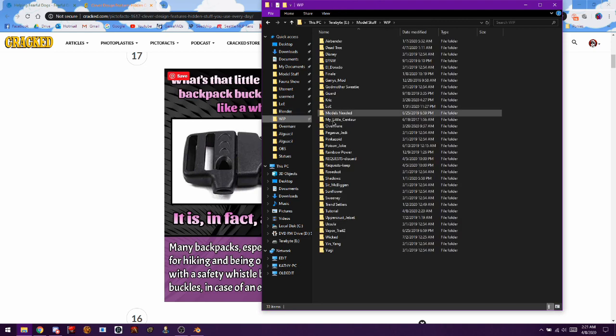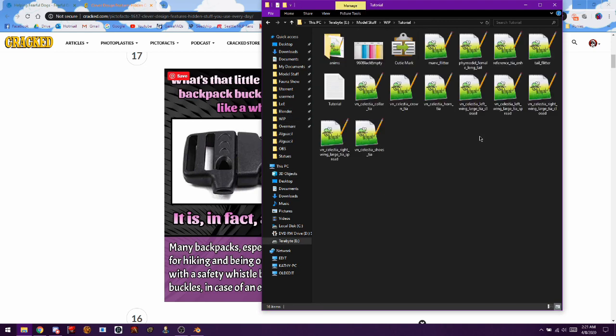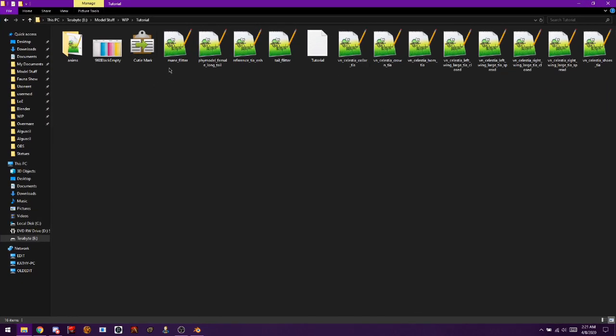And now we are going to go into the folder that I made for this process. I call it the tutorial folder. And you can see all of the files that I just exported. We are missing one more piece. And so I'm going to go ahead and open up